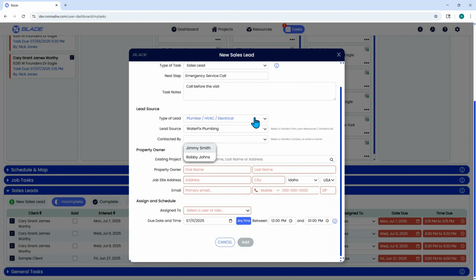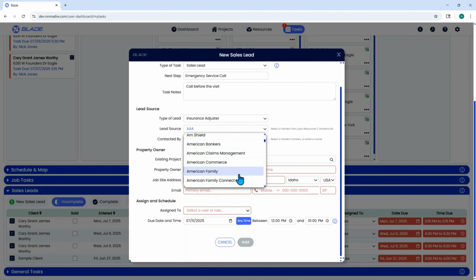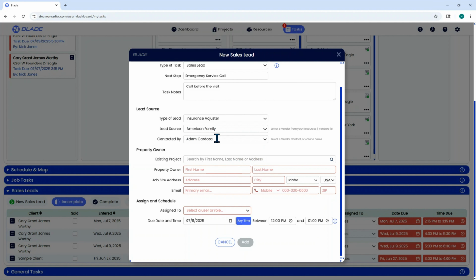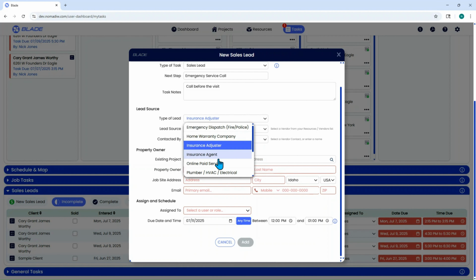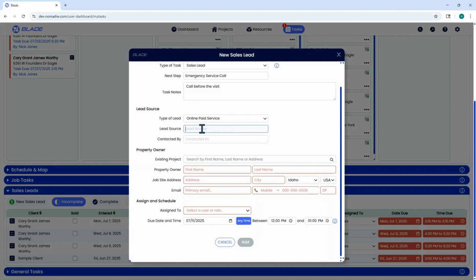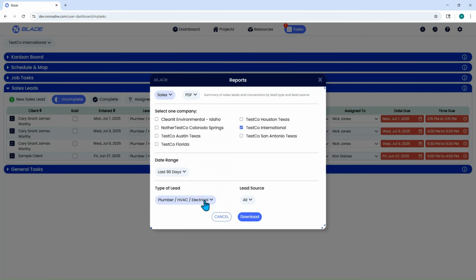If the type of lead is an insurance adjuster or insurance agent, the Lead Source field will be populated with a list of insurance companies, and the Contacted By field will list known adjusters you've added to the selected carrier. If the selected type of lead is not a vendor or insurance professional, freehand type the source of the lead and the name of the individual who contacted the company. Capturing this lead source data helps power the sales report, giving you visibility into which sources are producing the best